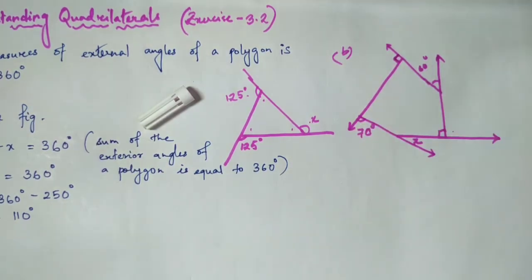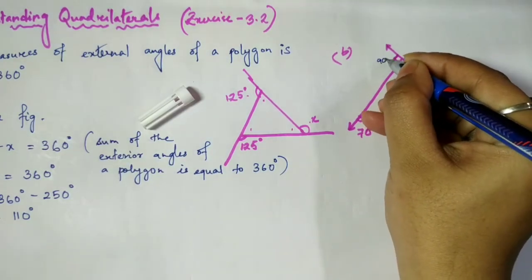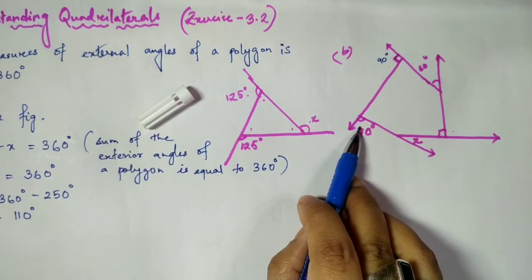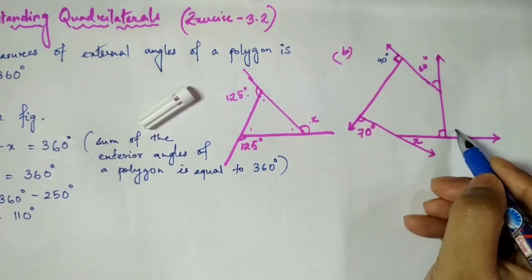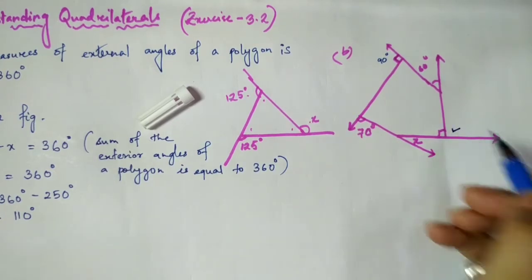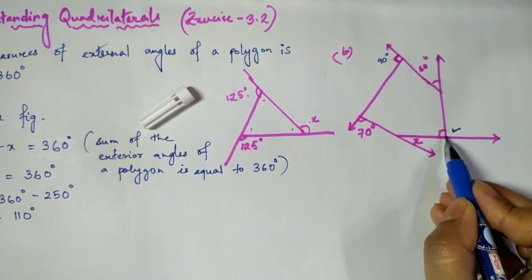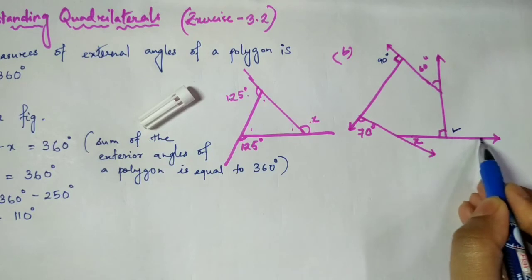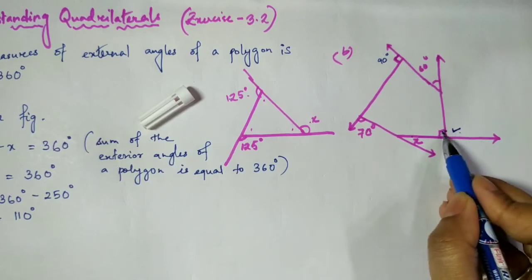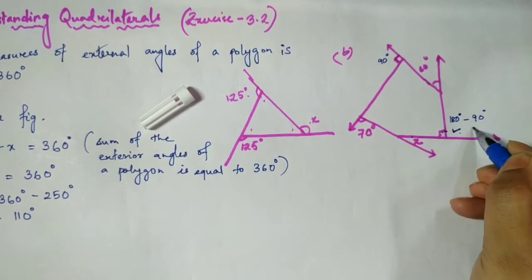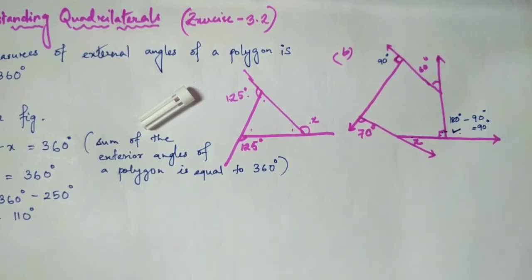Right angle. So the value of this is always equal to 90 degrees. So you can know, this is given 70 degree, you have to find x, but this particular part is not given. So you can see the adjacent interior angle is 90 degree, and these two angles form a linear pair. If this is 90, this will be obviously equal to 180 degree minus 90 degree. That means this angle will also be equal to 90 degree.